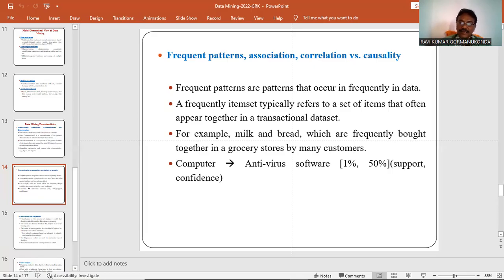So these are the association rules, one of the important functions in data mining. A pattern that occurs frequently is called a frequent pattern.